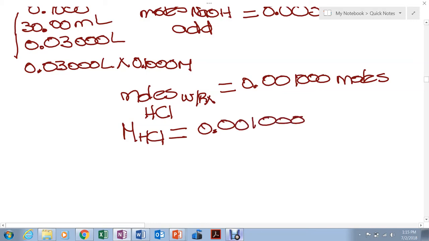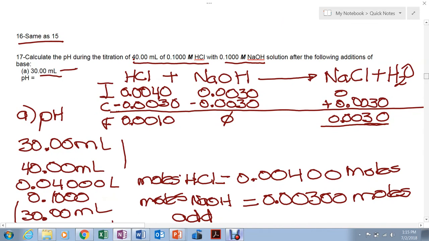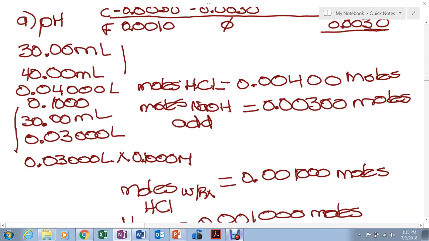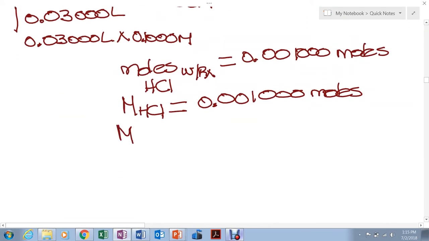0.001000 moles. But be careful here because now the concentration is different because you added 30 milliliters of solution. So if you had initially 40 from the acid and 30 from the base, your total volume now is going to be 70 milliliters, which is 0.070 liters. So the molarity of the acid would be the moles of acid that you have left that didn't react